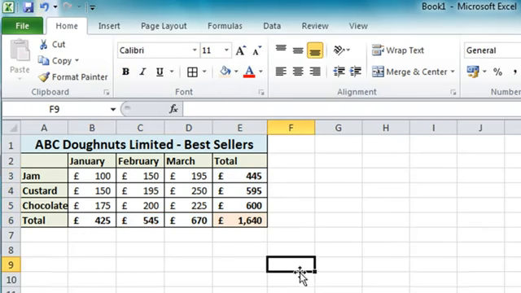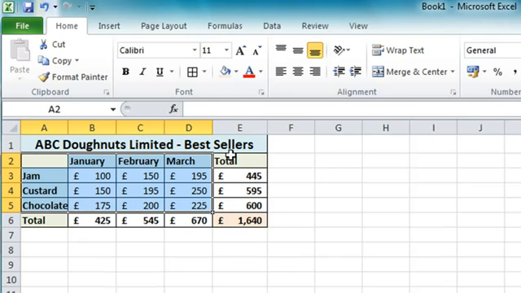Click away again. Now I might want to use these numbers as part of a presentation, so I'd like to make the spreadsheet look a bit more interesting, and to do that I'm going to add a chart, and to create the chart I'm going to select cells A2 down to D5. Now that includes obviously all the titles there and all the numbers, but it does exclude the main title and it does exclude the total figures as well, because the total figures would distort the chart